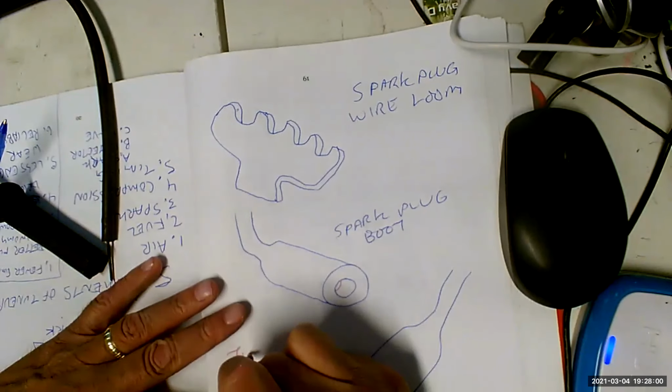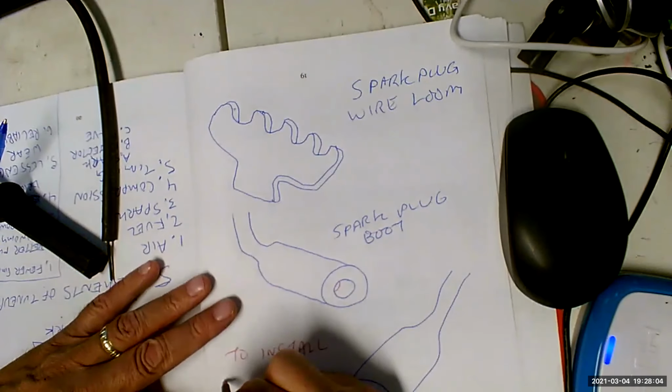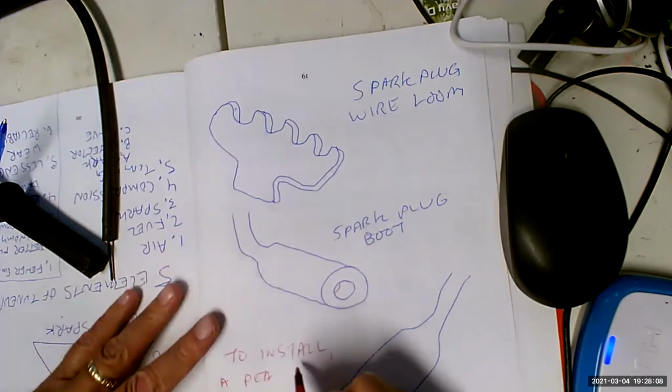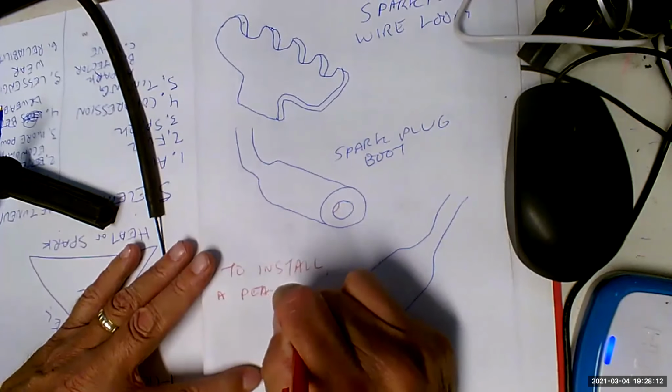So, to install, can you raise the page a little bit? Sure, thank you. A pea-sized